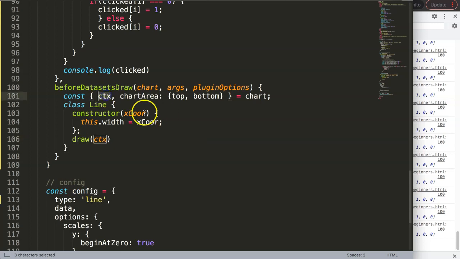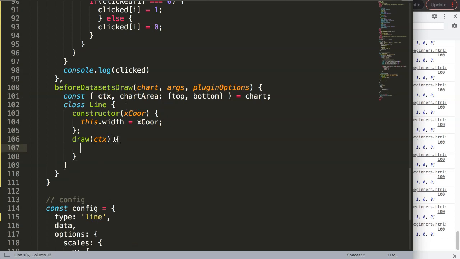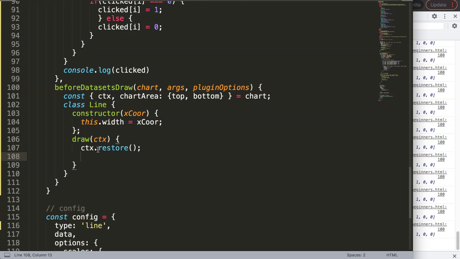Why ctx? ctx is a reference to the canvas, so we're going to draw in the canvas. What I'm going to draw now is the specific shape. But remember, the shape is not officially within the canvas, so we can remove it. Now it's like an object, so we can modify it, hide it, and make it disappear later on. That's very important. So I'm going to say here ctx.restore, just to be sure that we remove all default